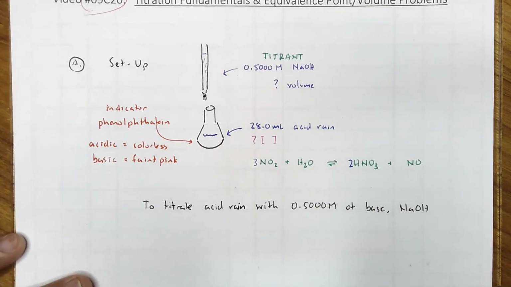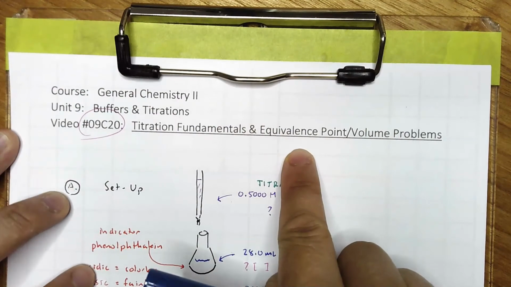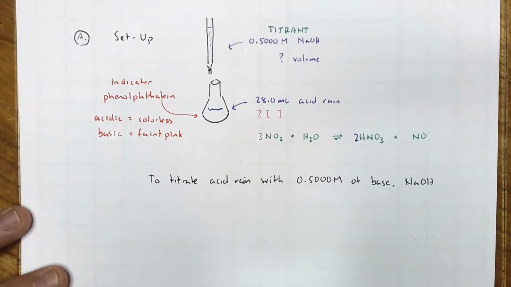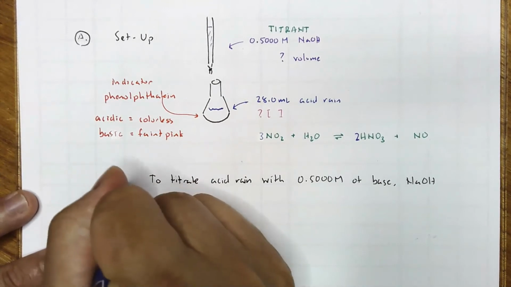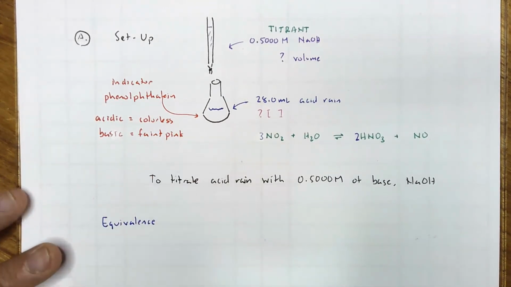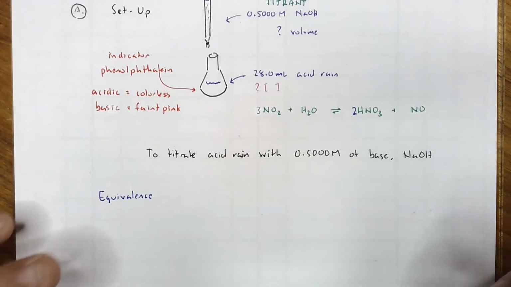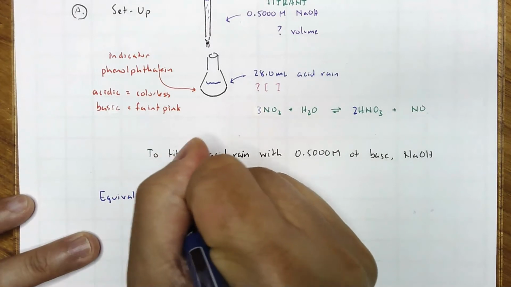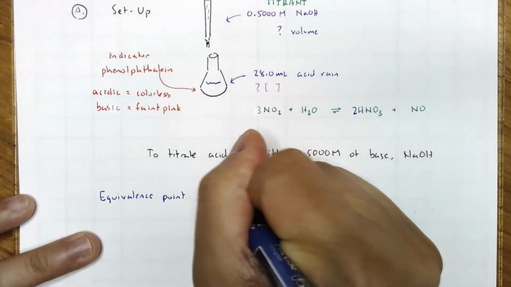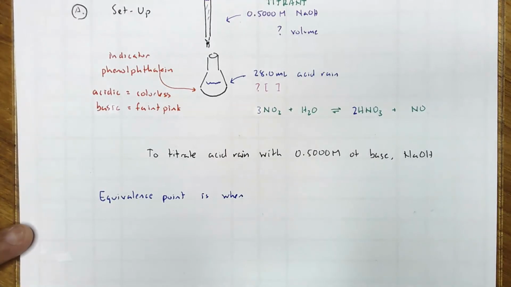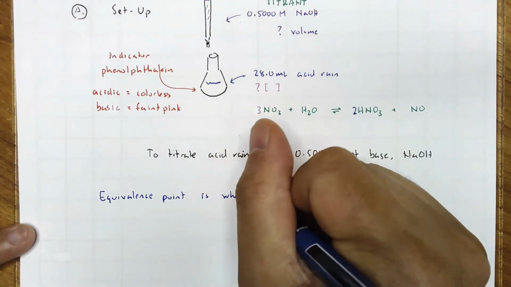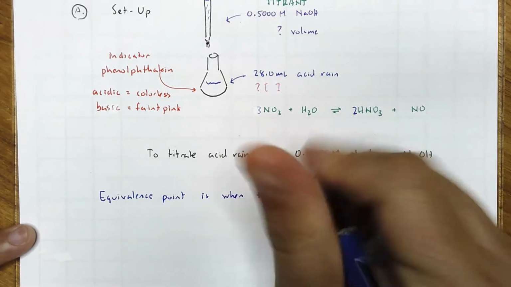Now, there's one more definition, and it has to deal with what equivalence is. And I want to be very careful with this definition. It's not when the H3O plus concentration is identical to the OH minus concentration, although in some titrations it is that, but not always. So the equivalence point is, it's a very subtle definition, but it's when the